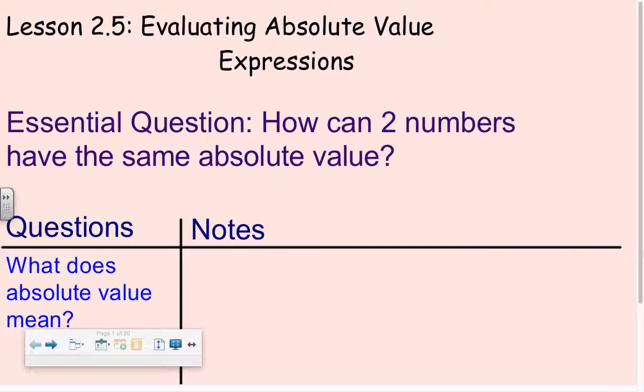Lesson 2, evaluating absolute value expressions. Essential question: How can two numbers have the same absolute value? So first of all, before we get into absolute value examples, we've got to talk about what absolute value means. Absolute value is the distance